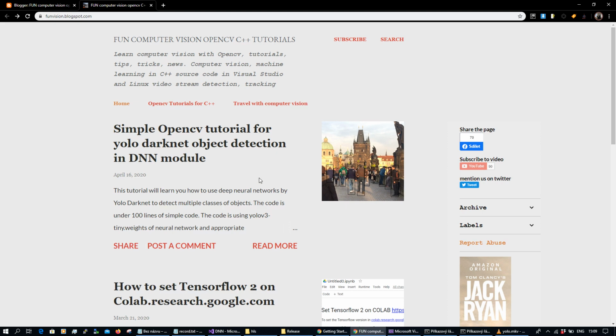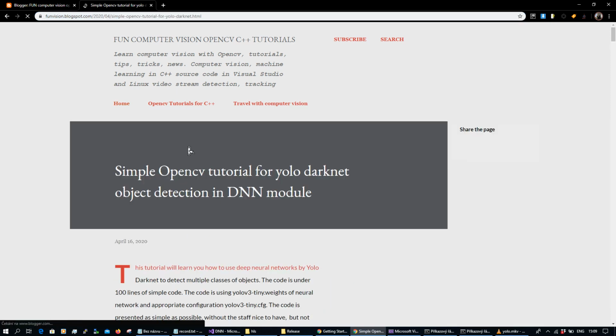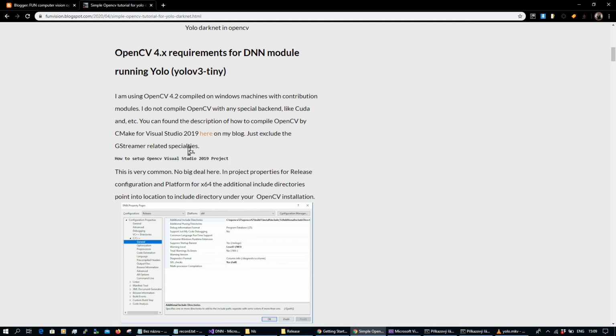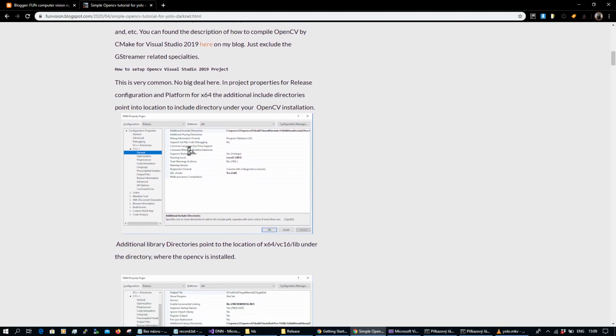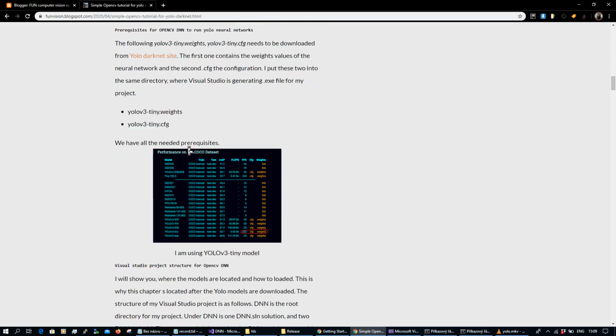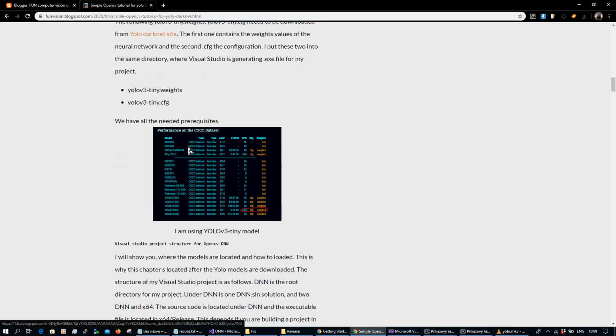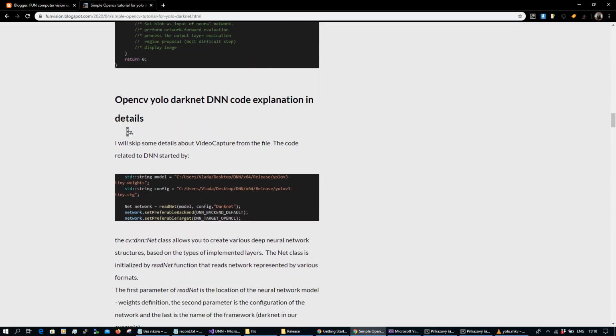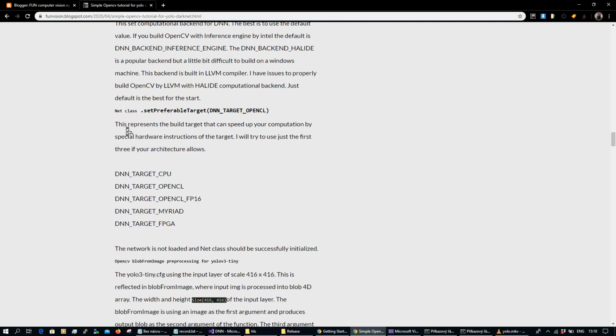Okay, you can find the tutorial on funvision.blogspot.com, and the tutorial is called Simple OpenCV YOLO Darknet Object Detection in DNN module, and it actually goes into a very detailed description of how to set up the project in Visual Studio, where to download models, the free tiny weights and configuration, and how to prepare the project, with a very detailed description of the code and each step in the code,